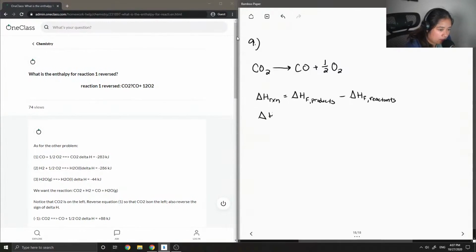So let me just specify for this question. The delta H of the reaction is going to equal the delta H of formation of carbon monoxide plus